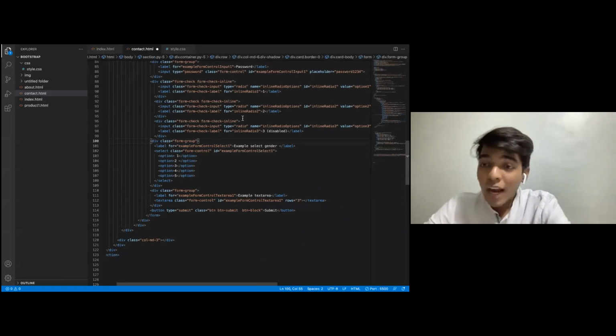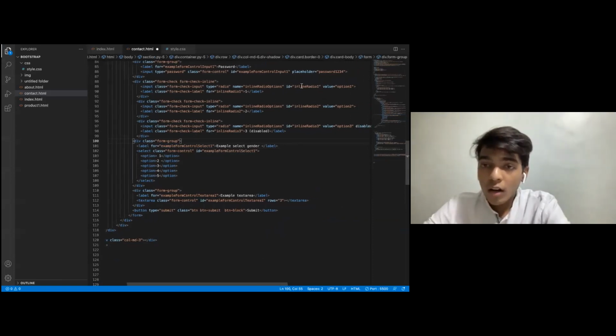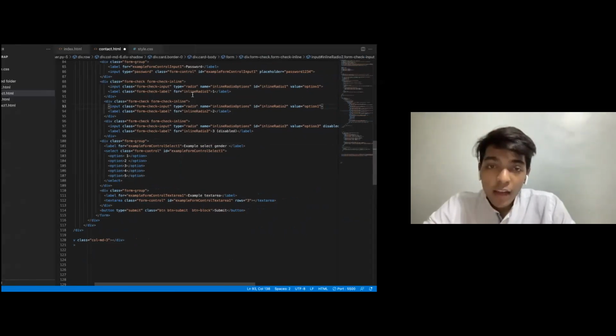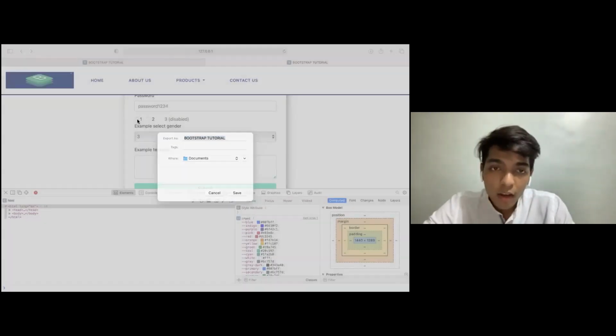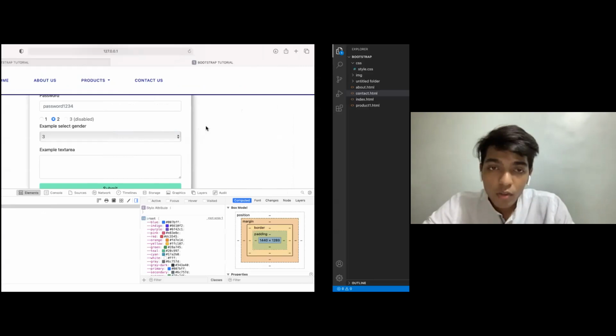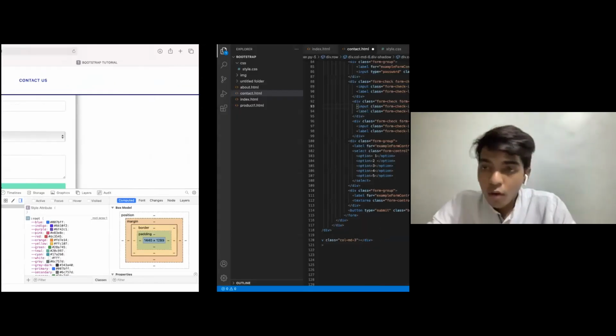The value that you write for your checkbox should be different. If I write value 1 and value 1 again, then I would have a problem because the checkbox won't be selected properly. So I have to write the value differently.